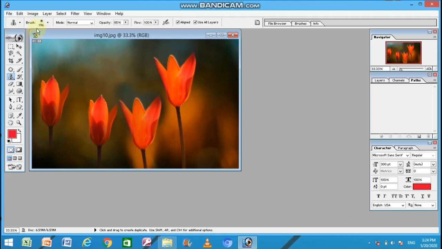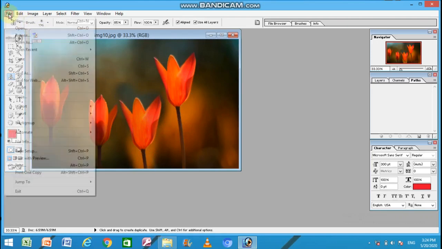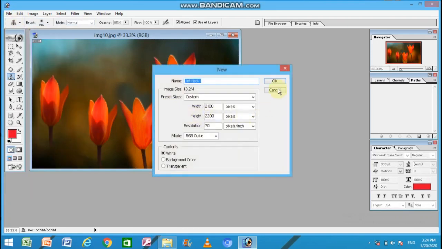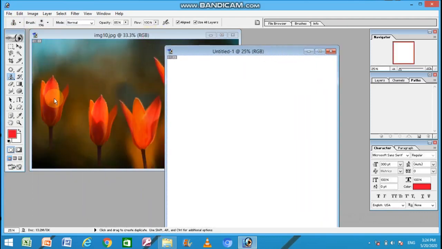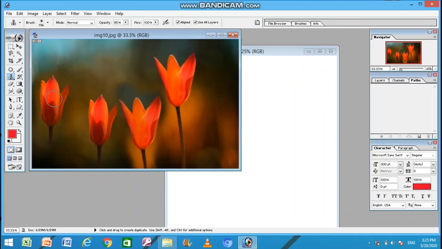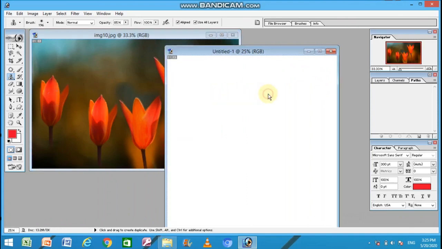Also you can clone the objects onto different files, like I am opening a new file. This is new canvas. From this canvas I am pressing the Alt key and selecting the source point. Now I have activated this canvas.